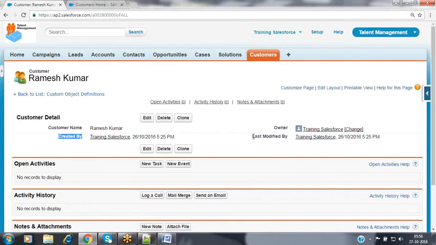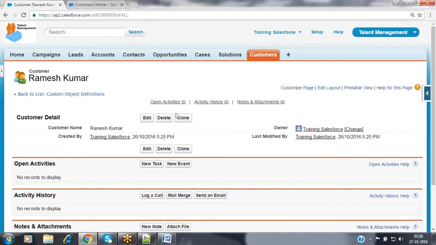This is the last modified by, nothing but who has modified this record at the last. Nothing but previously, recently, who did that modification inside my record, so that we are able to track that information. When they have modified this information, everything will be tracked in Salesforce by default. So now these are the 4 fields given by Salesforce by default upon creating a new custom object here. Okay, clear? How to create a custom object?